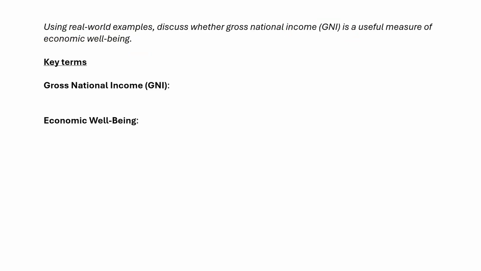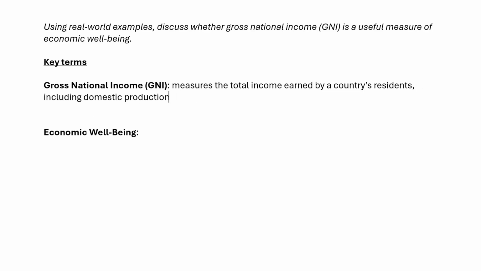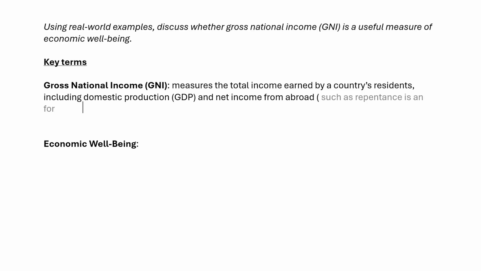So in terms of the first key term, GNI measures the total income earned by a country's residents, including domestic production, GDP, and net income from abroad, such as remittances and foreign investments. It is calculated as